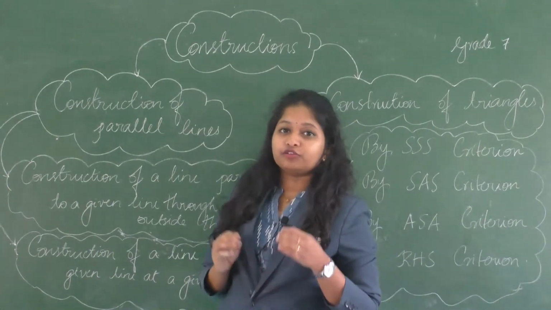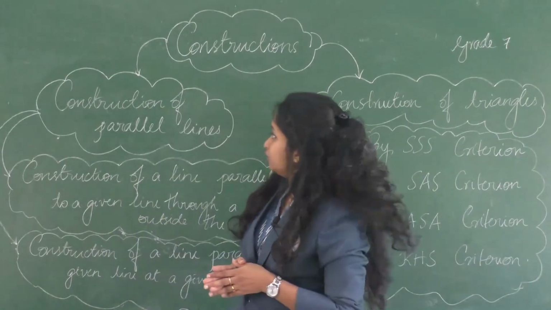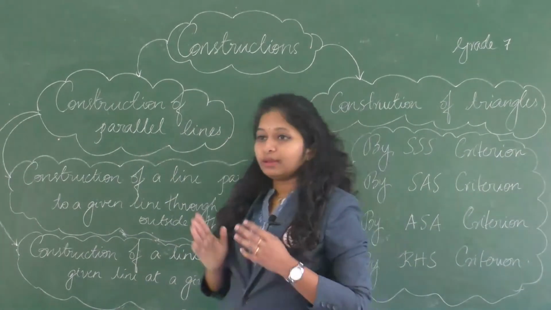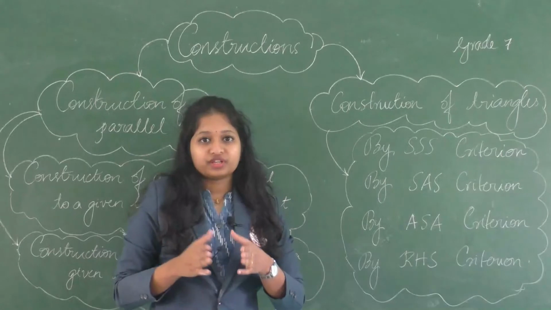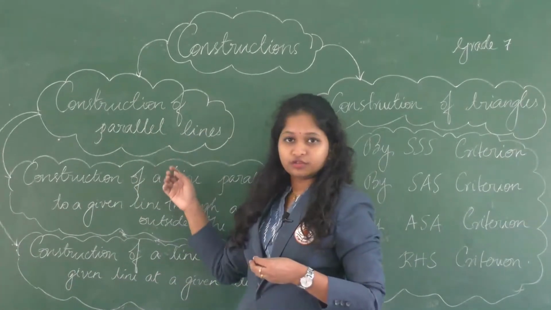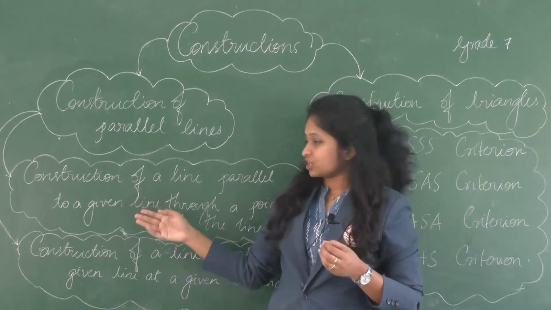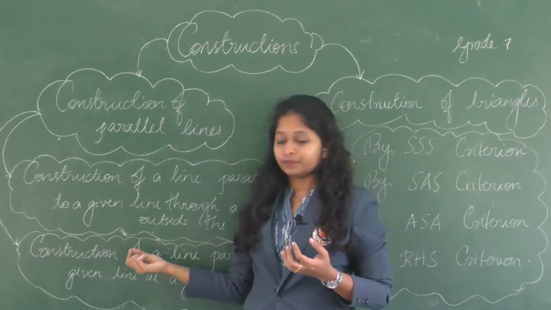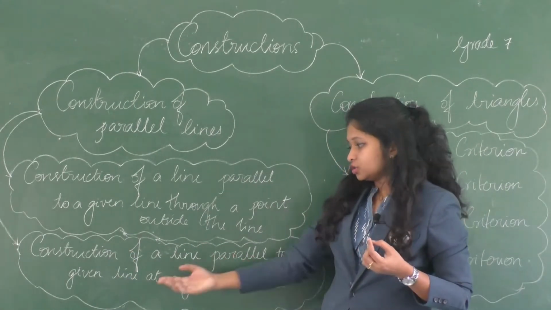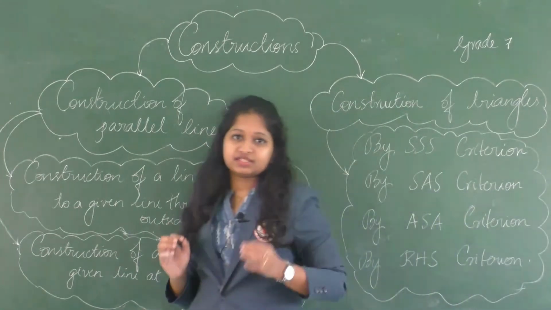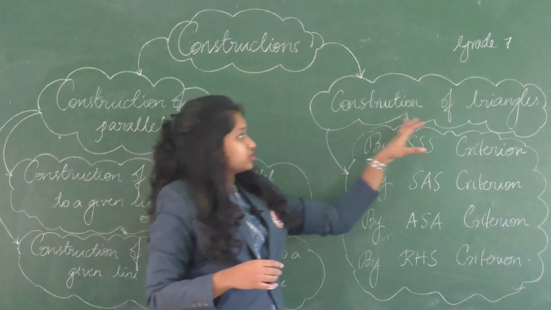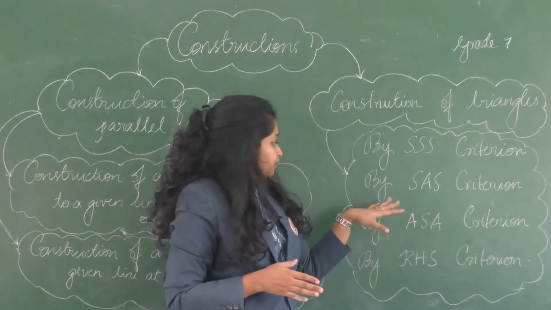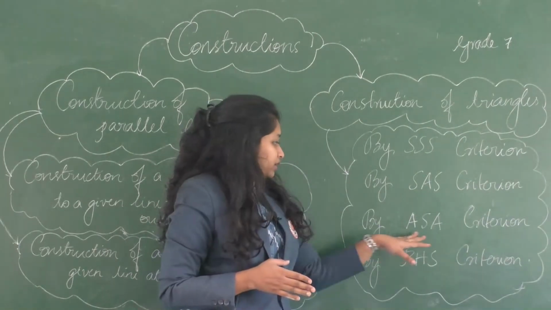Children, this is the mind map for our chapter constructions. Under this chapter, we would learn about construction of parallel lines and construction of triangles. Under the construction of parallel lines, we would learn about construction of a line parallel to a given line through a point outside the line, and the construction of a line parallel to a given line at a given distance. And under the construction of triangles, we would learn construction by SSS criterion, by SAS criterion, by ASA